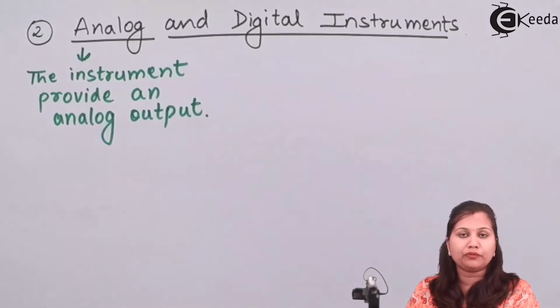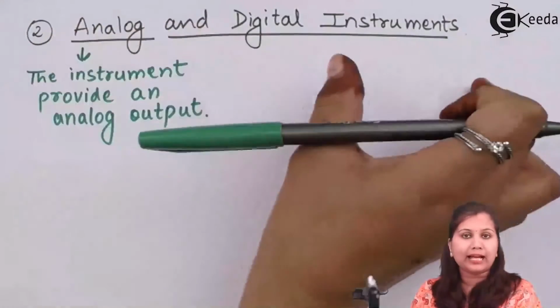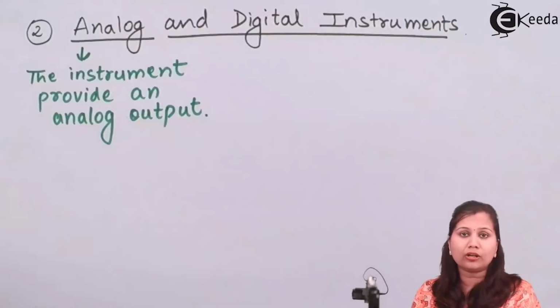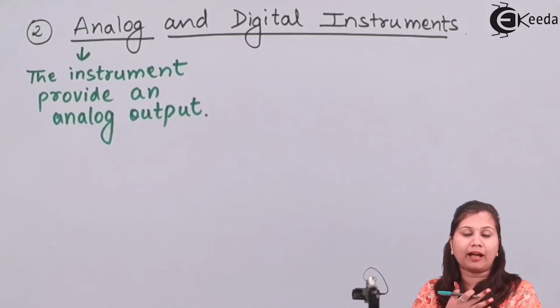An analog output means an analog signal is a signal in which the values of the quantity are continuously